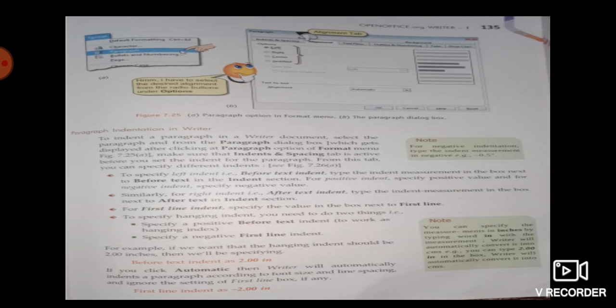First of all you need to understand the meaning of header and footer. Header and footer are text, or it may be any graphic, which is inserted at the top and at the bottom of the page respectively. If you are putting any text at the top of the page, it is called a header, and if you are inserting something like a page number or chapter name at the bottom, it is called the footer.